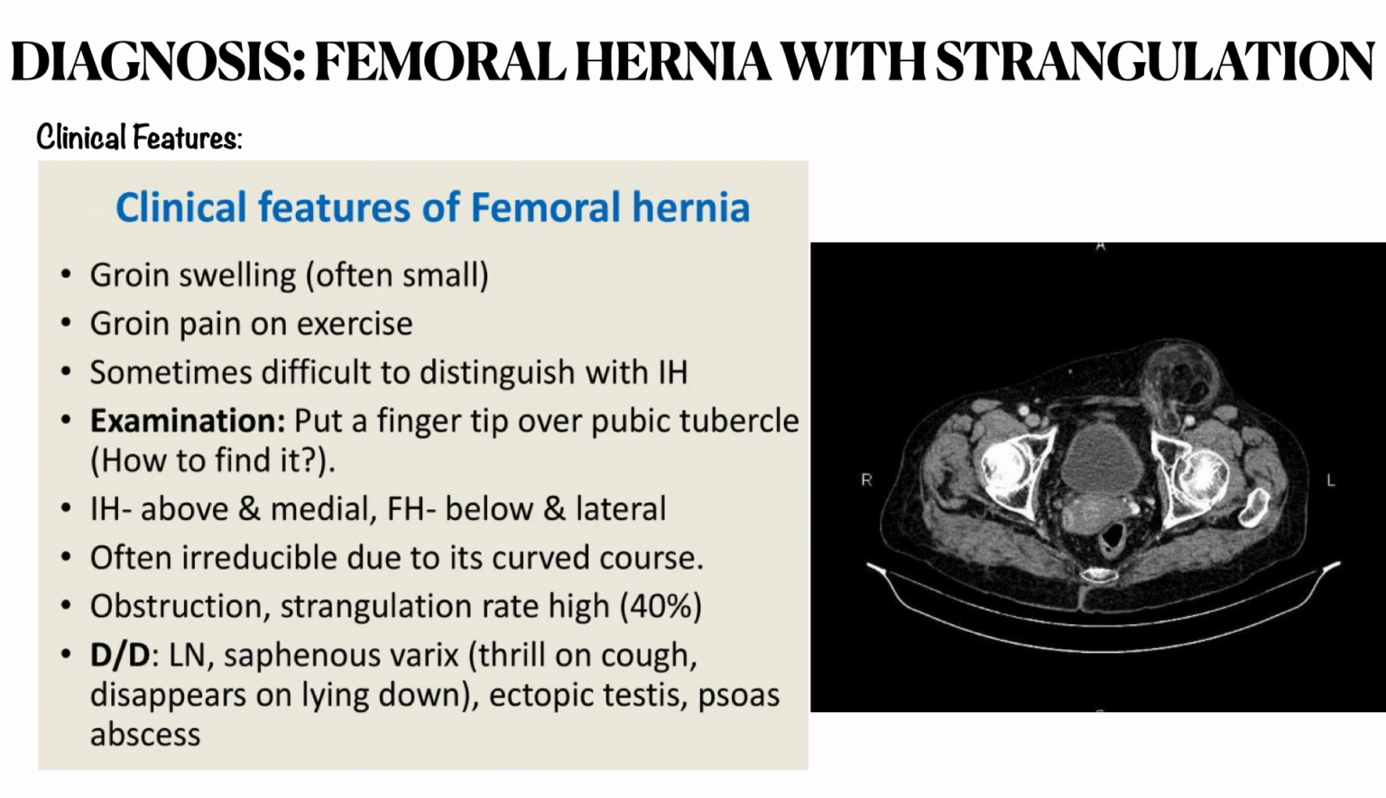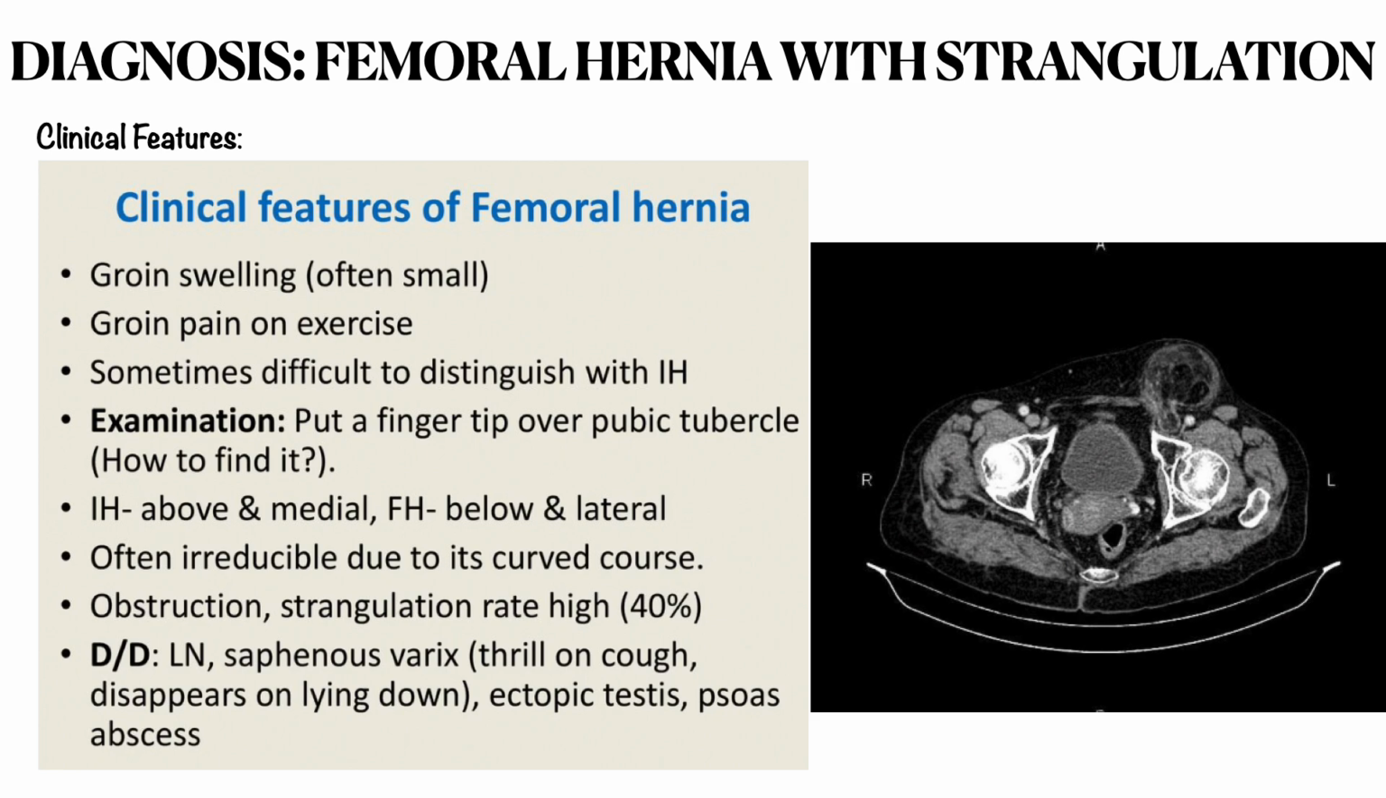The differential diagnosis of femoral hernia includes lymph nodes, and also saphenous varix, which causes a thrill on cough and disappears on lying down, ectopic testis, and psoas abscess. Here you can look at this MRI, where in radiography you can see the hernia. You can clearly see in the right upper region there is a hernia, and now we can go to the management of